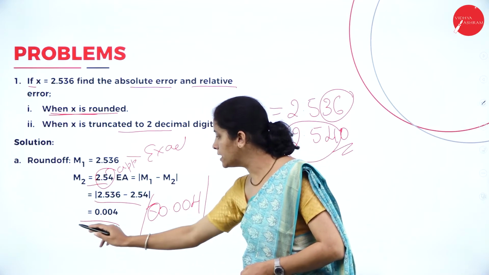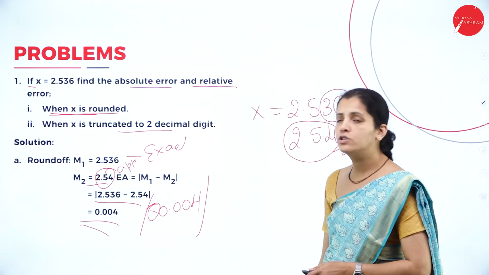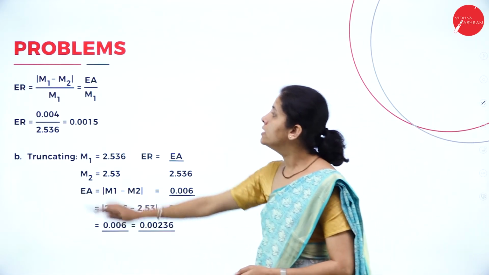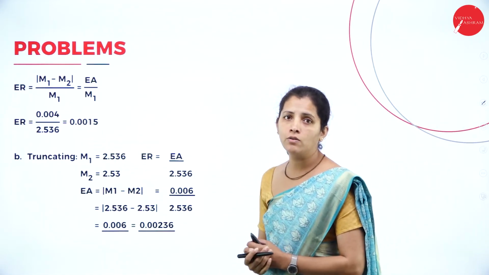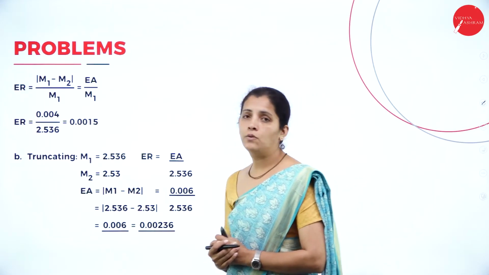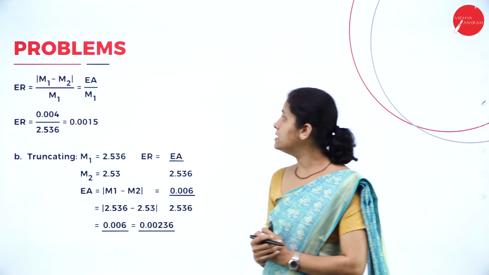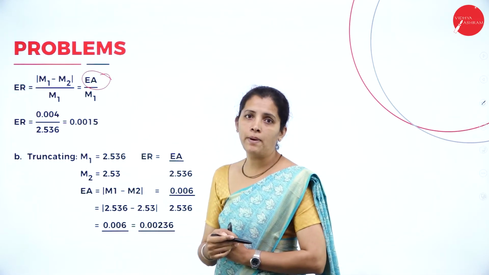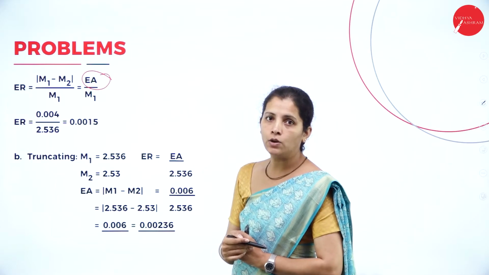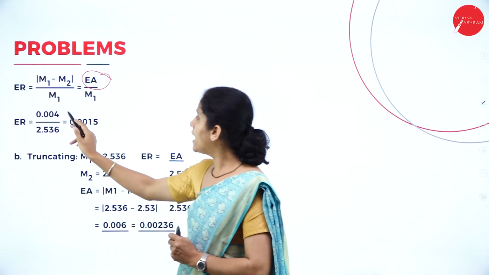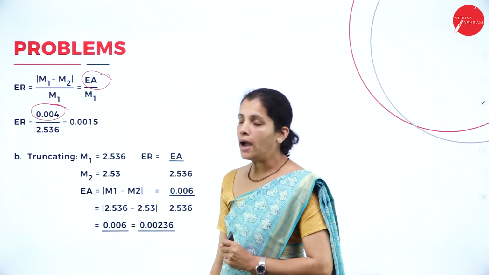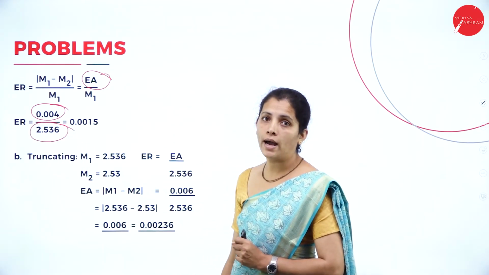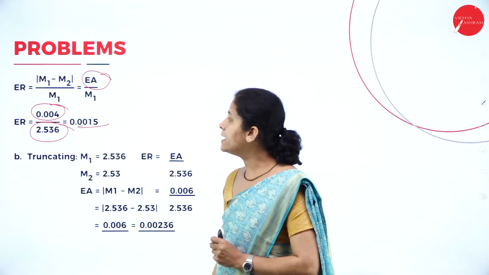So, I am going to get the answer 0.004. Now, in the question, they told me to find out relative error. Then what is the formula? That is absolute error divided by exact value or true value. I have the absolute value and I have the exact value. Then when I divide, I am going to get